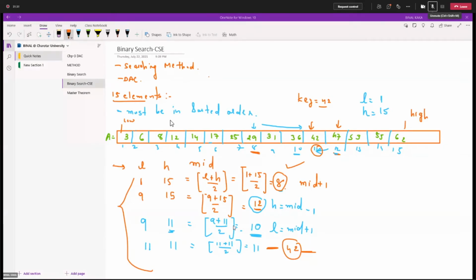Correct. So basically we can say that in binary search, there are fewer searches than the linear search, right? So basically we can say that binary search is faster than the linear search. Yes or no? Yes, not always, but mostly. Yes, Amit? No, I didn't say anything. Can I say that binary search is faster than the linear search?